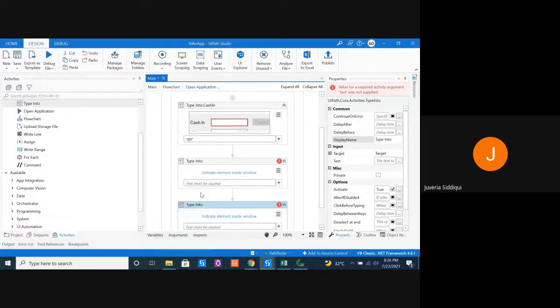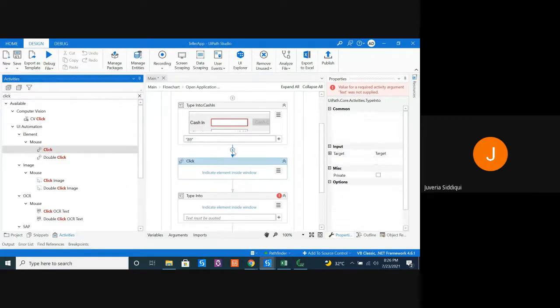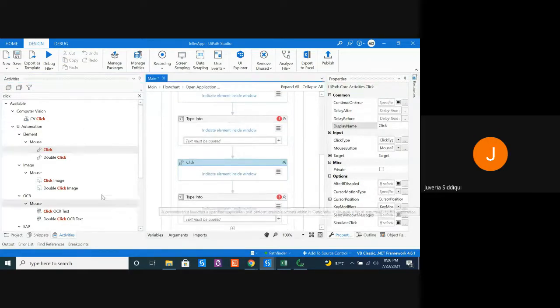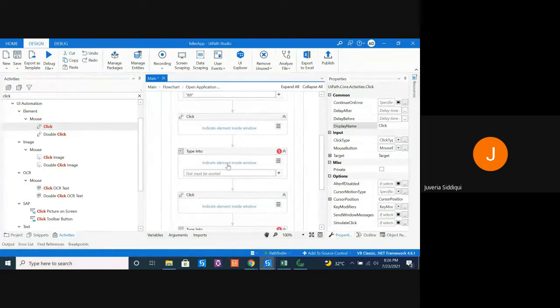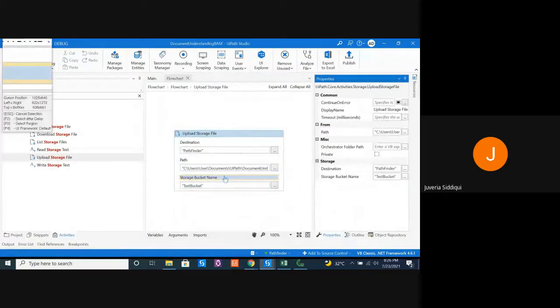So this is one thing that we have to keep in mind with this application. So let's just quickly do this. Anything else? All right, step 2.